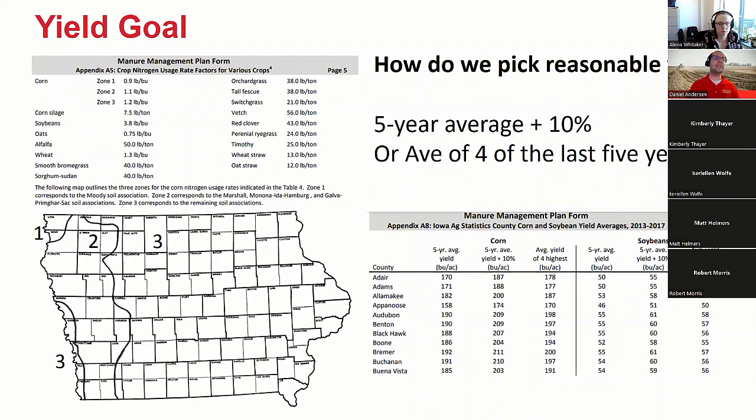But if you're using that one, it generally meant that we had 1 year that was a disaster year, where we maybe had a drought or something that happened to our crop that really inhibited it from growing. And what you're going to do is pick that yield and multiply it by a nitrogen utilization factor. And for corn, that nitrogen utilization factor varies throughout the state, but for most of the state, it's 1.2 pounds of nitrogen per bushel of corn we expect to produce.